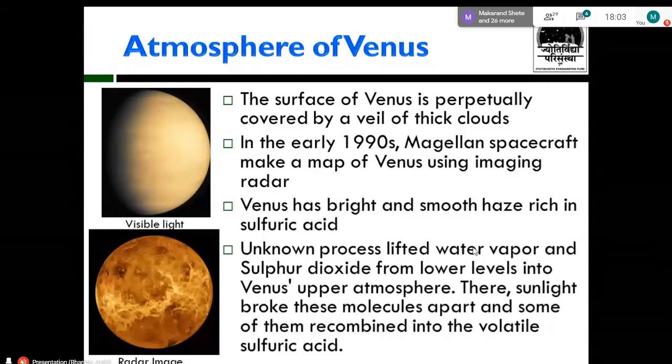Imagine if that pressure becomes 90 times. Any object that we send to Venus will be crushed to smithereens because of such a huge pressure. Apart from that, Venus also has extremely violent clouds, and those clouds actually rain sulfuric acid. So the rains on Venus are not of water, they are of sulfuric acid.